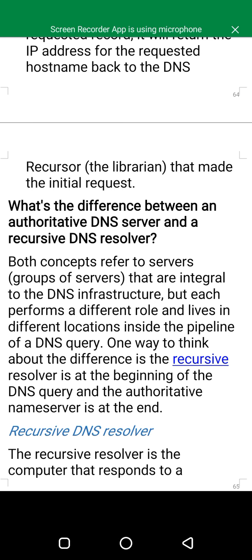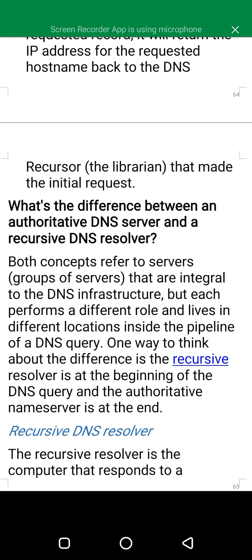What's the difference between an authoritative DNS server and a recursive DNS resolver? Both concepts refer to servers, groups of servers that are integral to the DNS infrastructure, but each performs a different role and lives in different locations inside the pipeline of a DNS query.